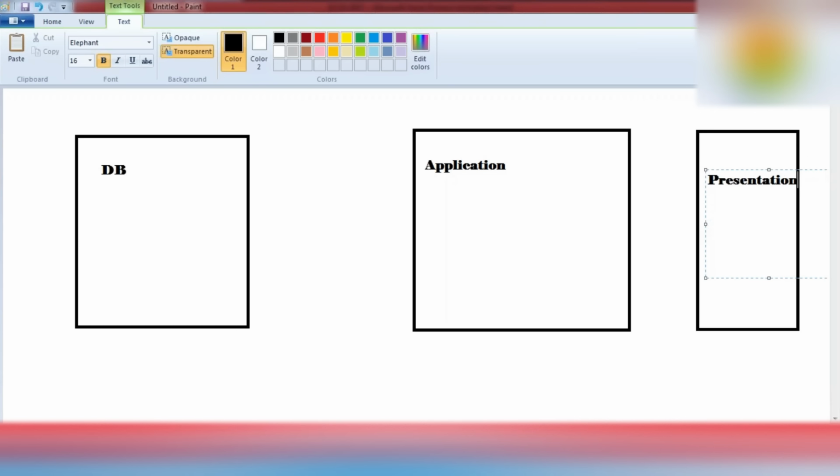Here they call it the three-tier architectural design.